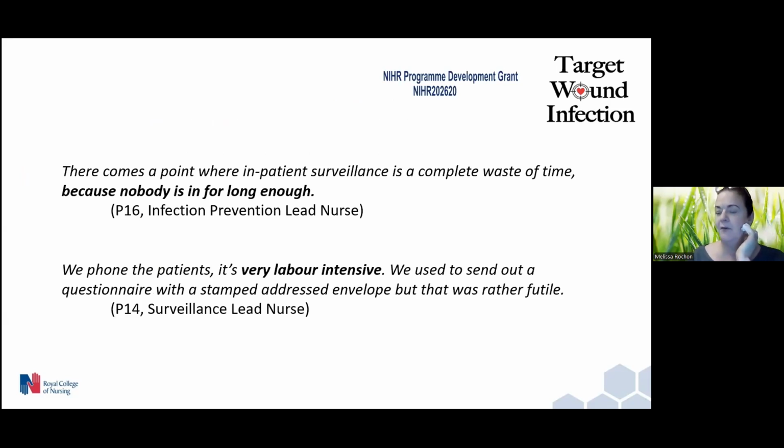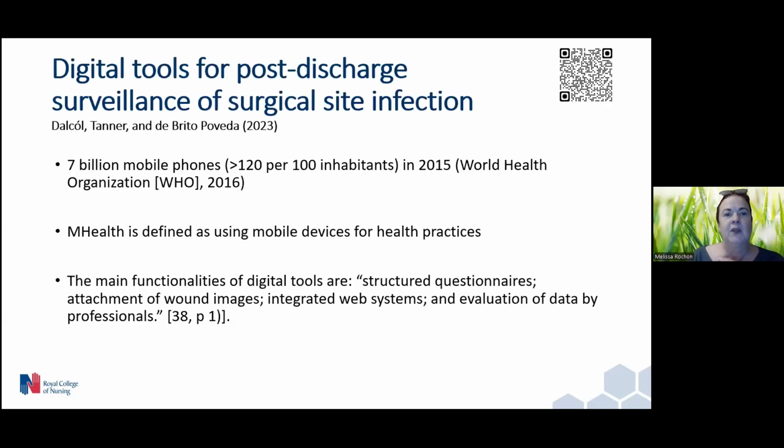And I think for me, this is what I mean by the need to modernize. If the NHS is modernizing, surveillance probably needs to keep up in step. So we can start to look at things like patient smartphones or mHealth to help us. There are over 7 billion mobile phones. This was back in sort of 2015. Even taking into account those numbers, some of them might be because people have more than one mobile phone.